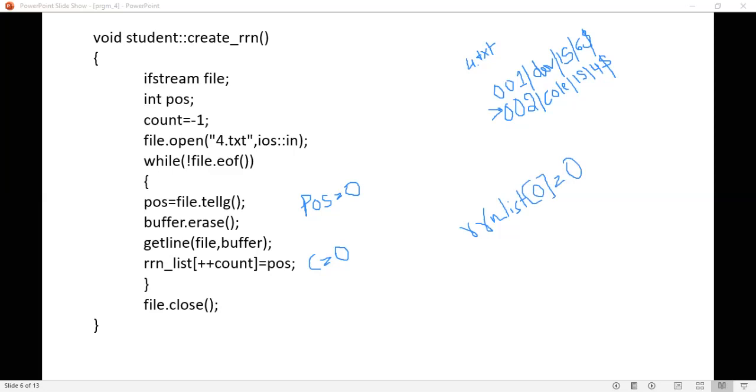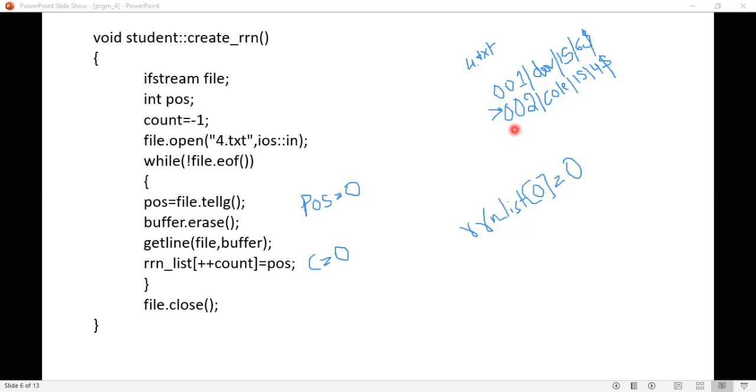Next, again go back to the while loop. While not end of file, position is equal to file.tellg of file.tellg. Where is tellg pointing now? It is pointing to the second record in the file, isn't it? This position. Now tellg will return this particular position to position.